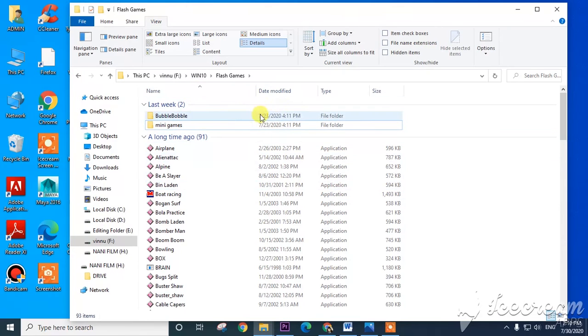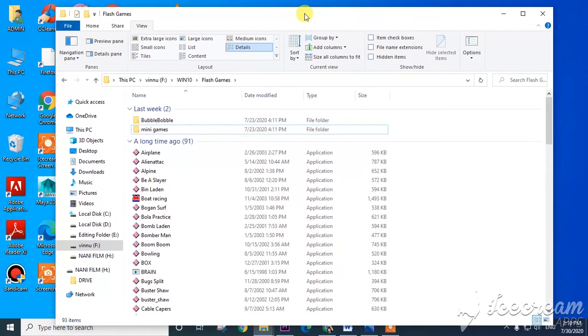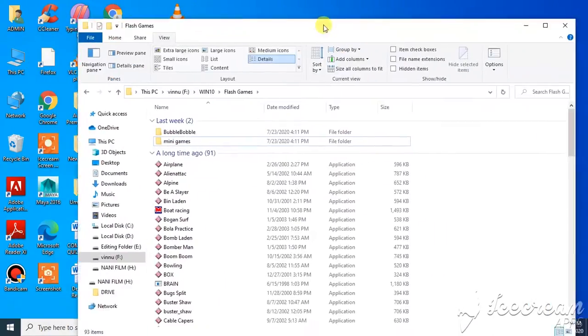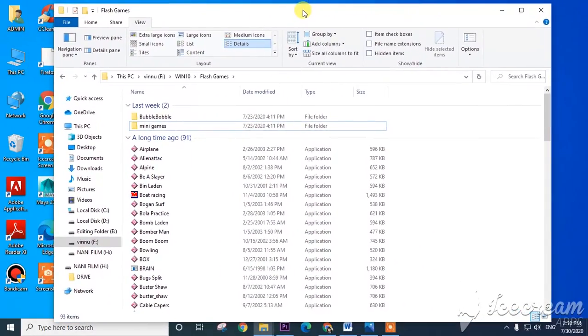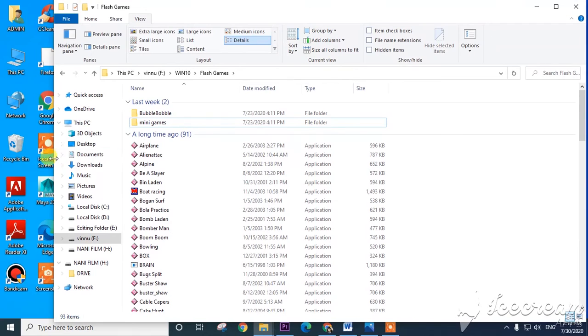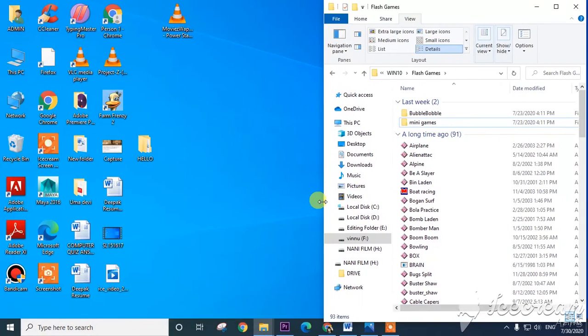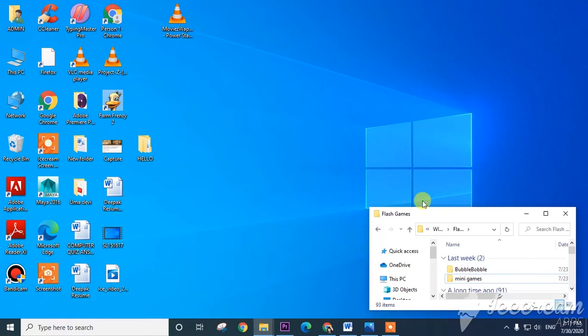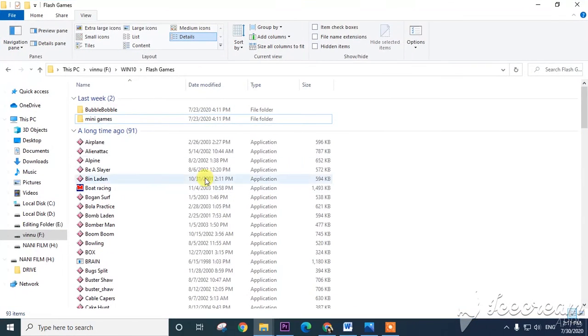Next one is how to move the window. Now I want to move this File Explorer. Top left corner, left click, and there is a move option here. Click that one, and by using arrow keys you can move, or with the mouse pointer also you can move this one. In this way we can move the window. Now how to resize this window? Same here, left click and the size option is there. Click that one and you can resize this one. See here, I am resizing this one, big, small. In this way we can resize our windows.